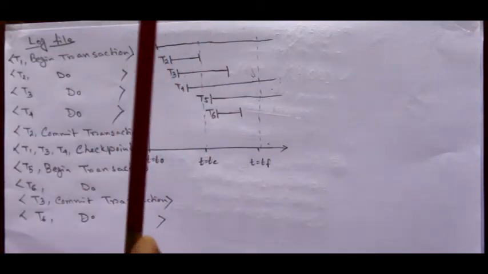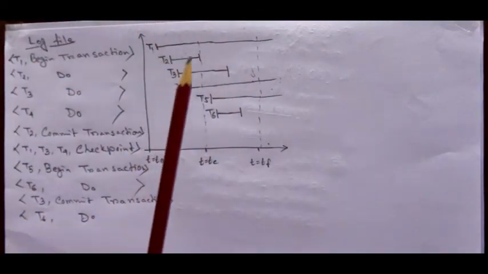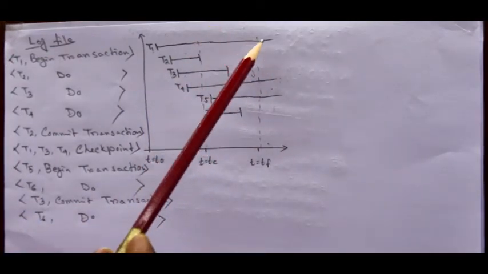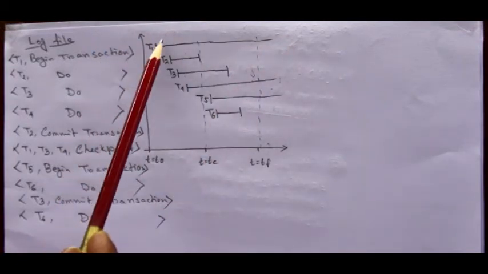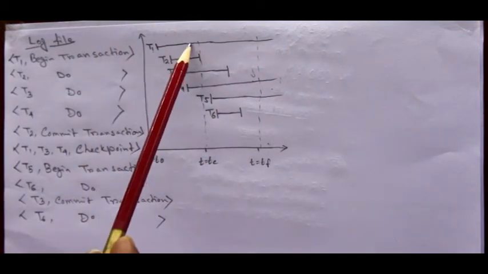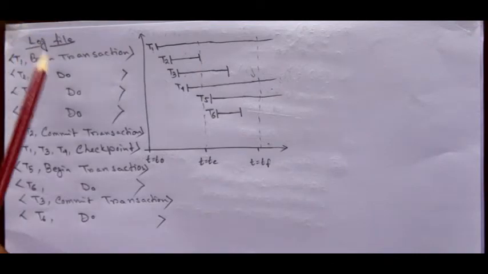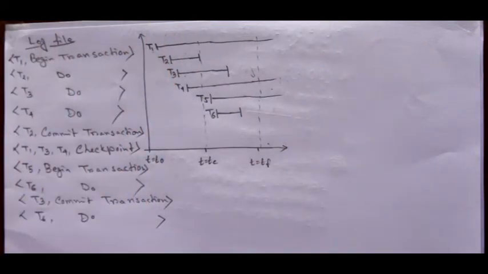So now we have to recover the system or recover the transaction. That means we have to perform the recovery process by which we can restore the failed transactions. Those are transactions T1, T4, T5 at their beginning stage, and from there they can start their journey for the second time. To perform the recovery process, we have to perform some tasks.